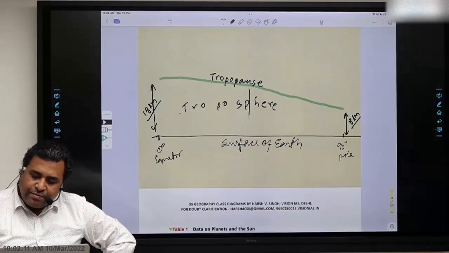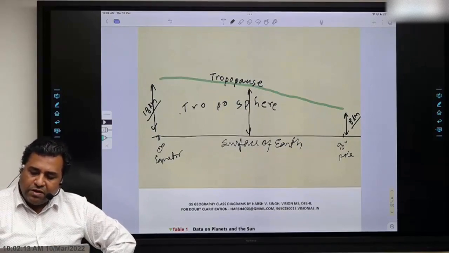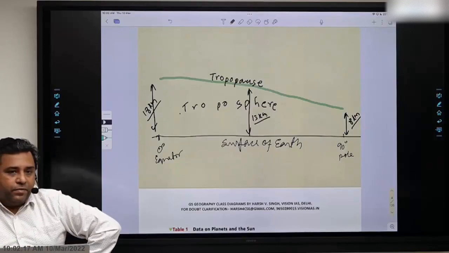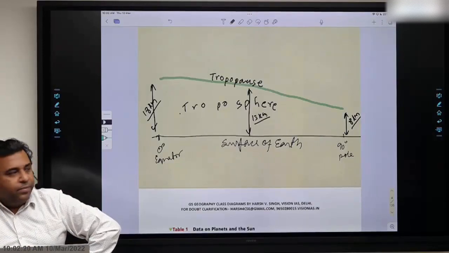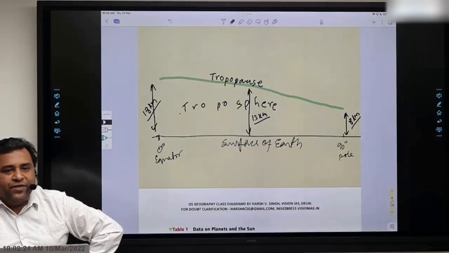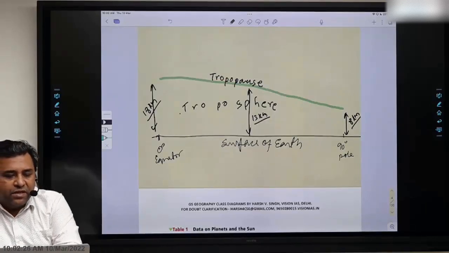8 and 18, simple, ठीक है। So different regions have different heights, okay, and what is the average height in the middle? It is around 13 kilometers. The average height in the middle is 13 kilometers. Middle means mid latitude, ठीक है। So please go on drawing everything, साथ साथ सब कुछ बनाते रहिए।